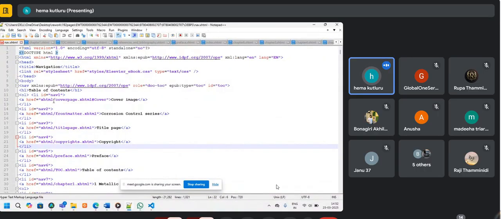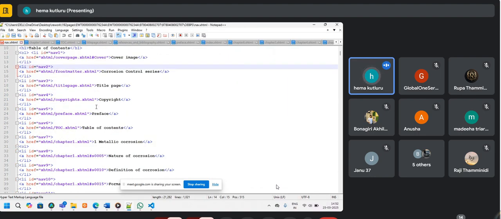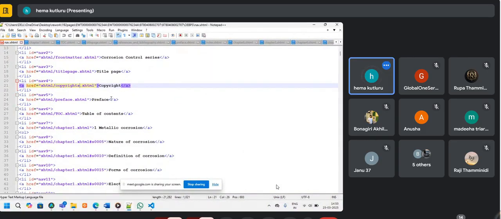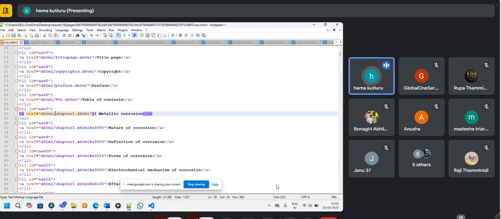So XHTML slash cover, whatever the name given for that cover page, you need to keep here, cover page.xhtml. Then this one is for front matter, title page.xhtml, copyrights, whatever the name for this page, you need to keep here. And preface, table of contents, and for chapter 1 it will be chapter1.xhtml. And